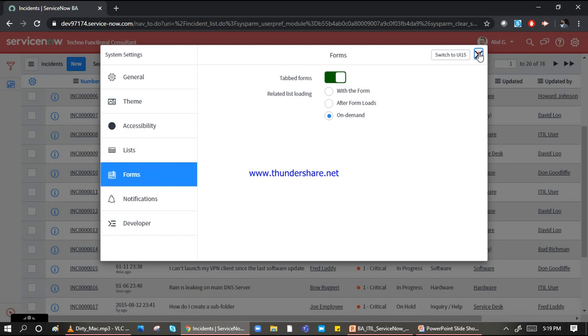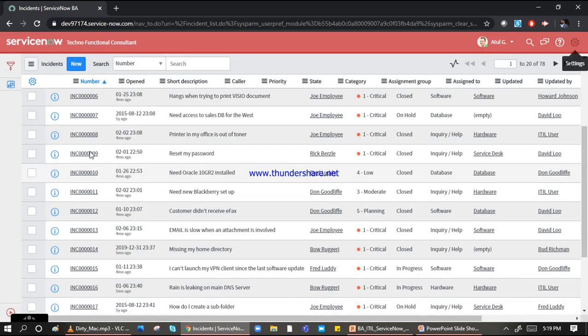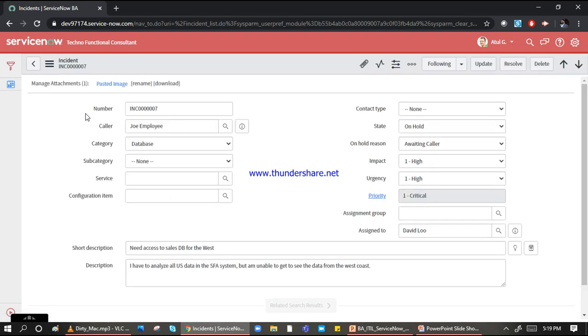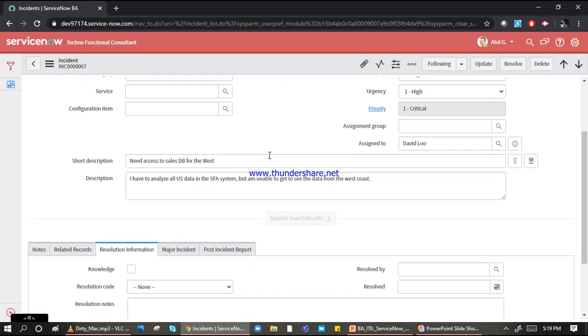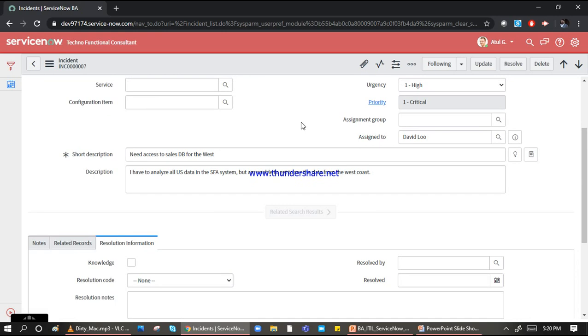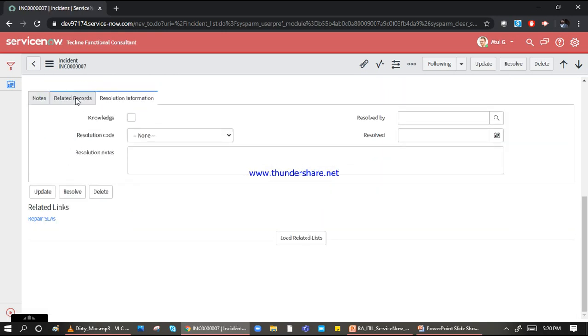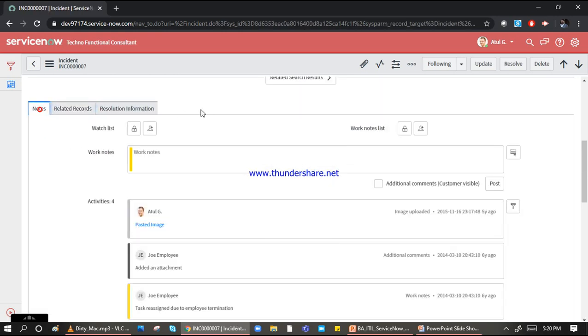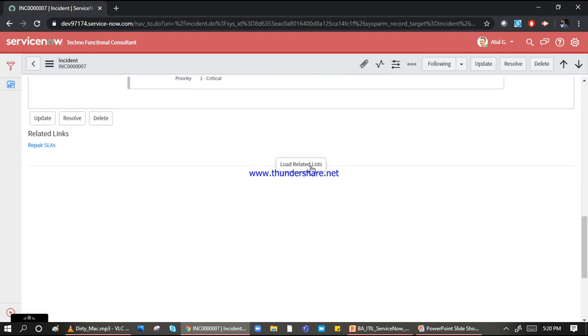Now the form. Let me turn this off and open one incident. Okay, so this is the incident form for me, and these are a few UI actions. These are the fields available for me, and these are the form tabs available. Now you can see here the related list; when I click on this option, only then will it open.